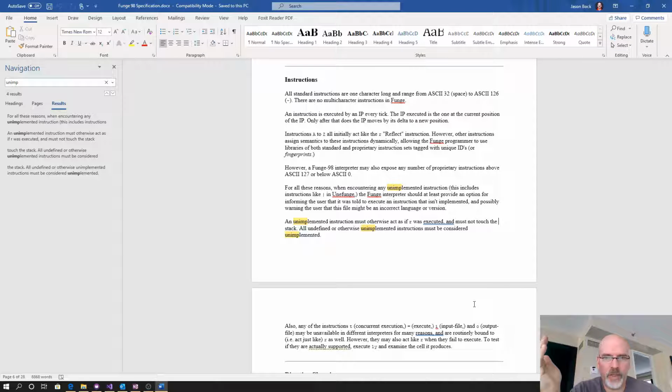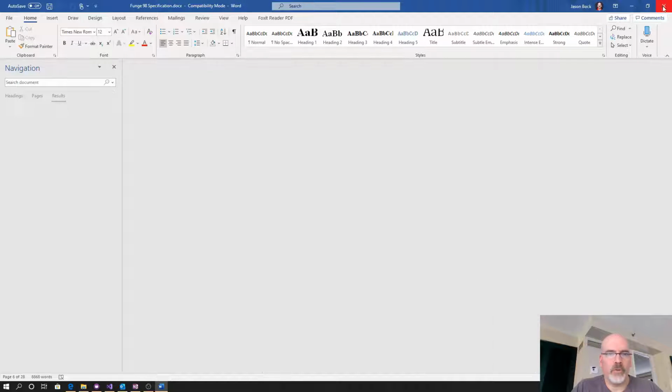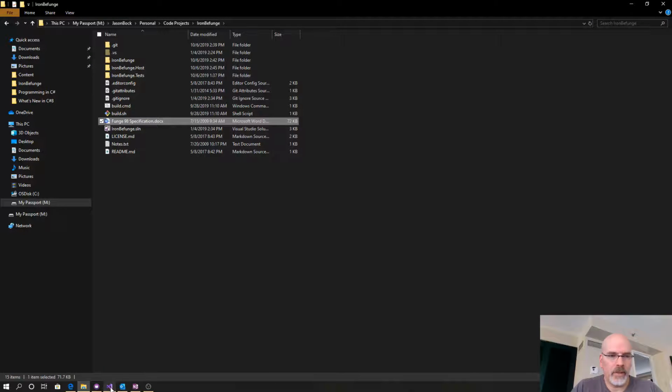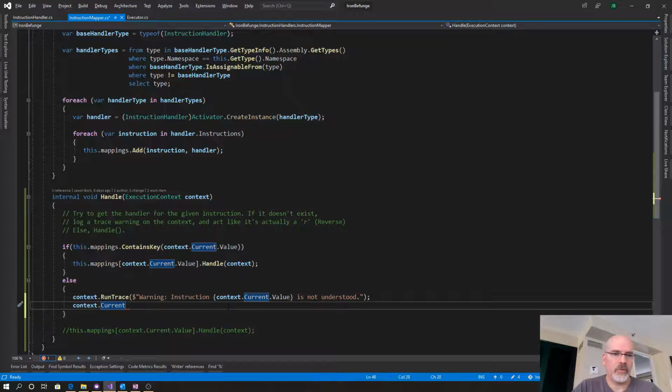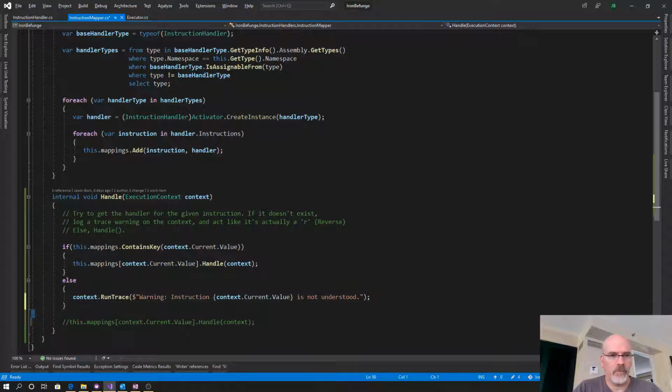Must otherwise act as if R was executed. So this is saying you at least must, or otherwise you act. So it sounds like, the way that this is worded, you basically just log it. Now we could skip over it, but the way the wording is,